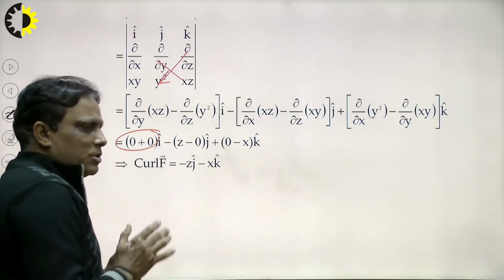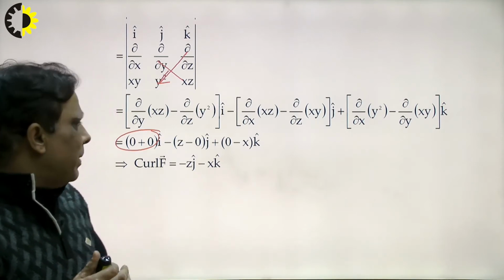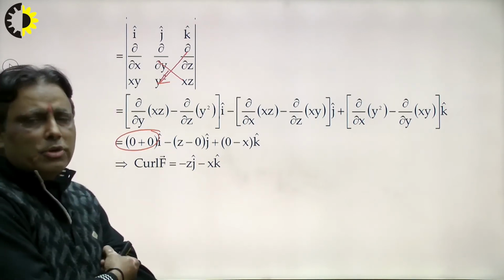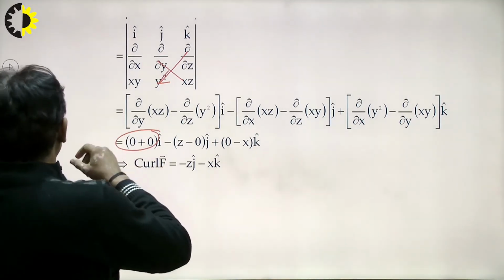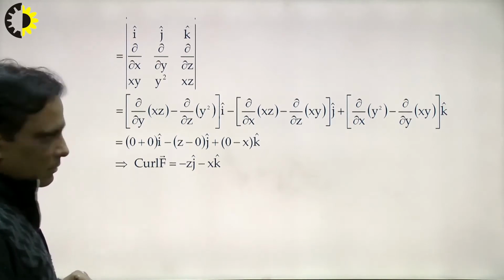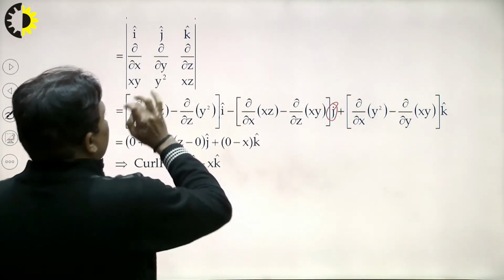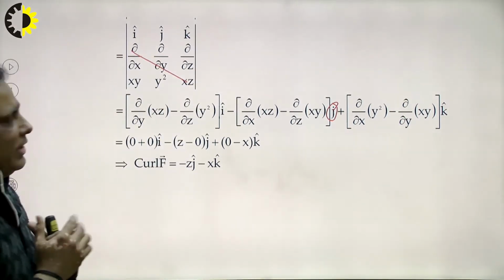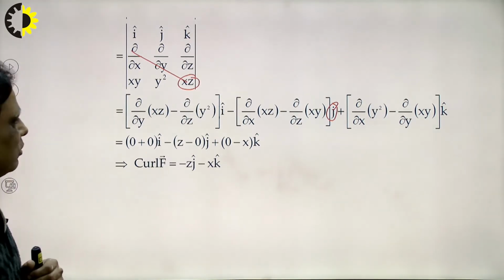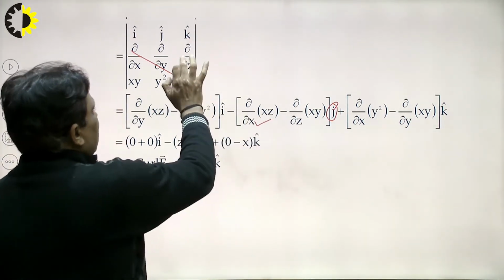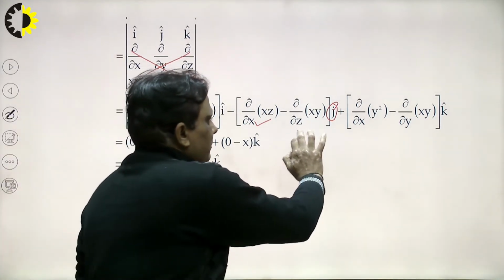Students study this portion in the third unit, partial differentiation. Partial differentiation plays the most important role in vector calculus, right? In the same way, suppose I want to calculate here minus j cap, I write here, right? That means differentiate these terms with respect to x here, right? So I write here minus, differentiate these terms with respect to z, I write here, right?